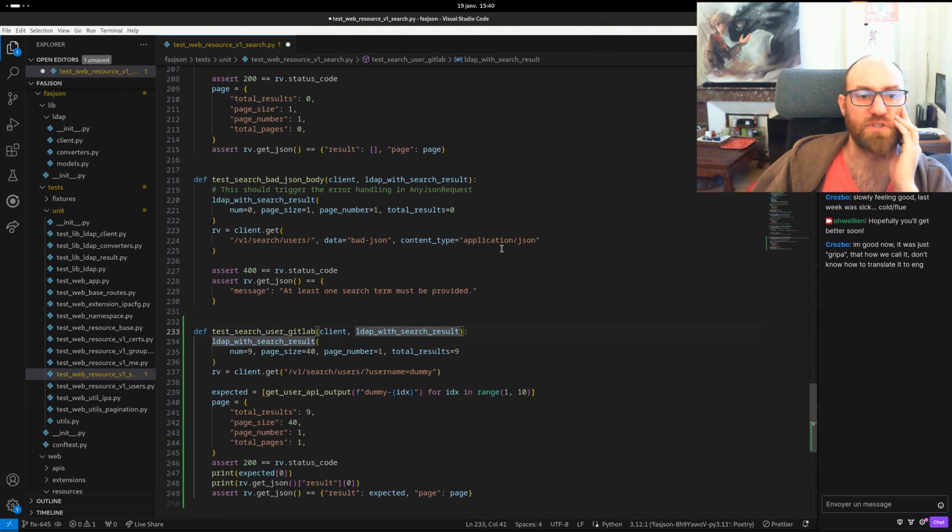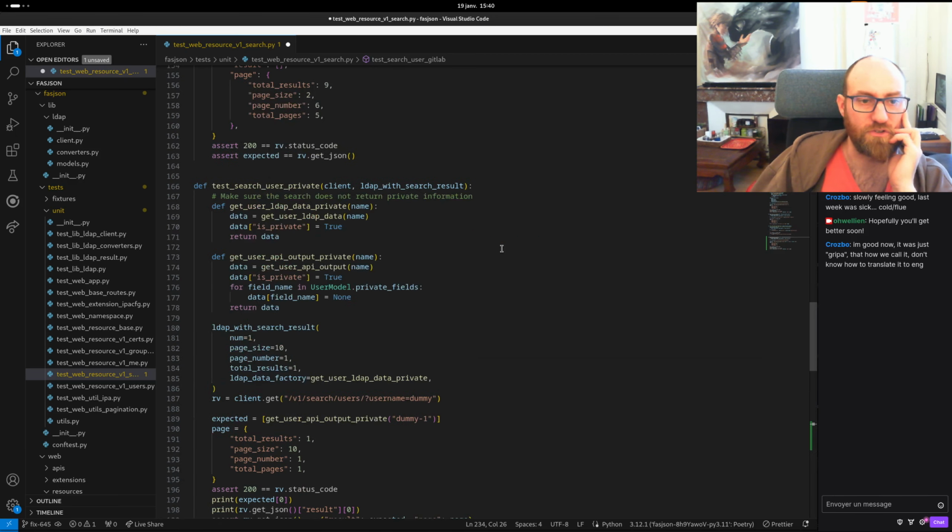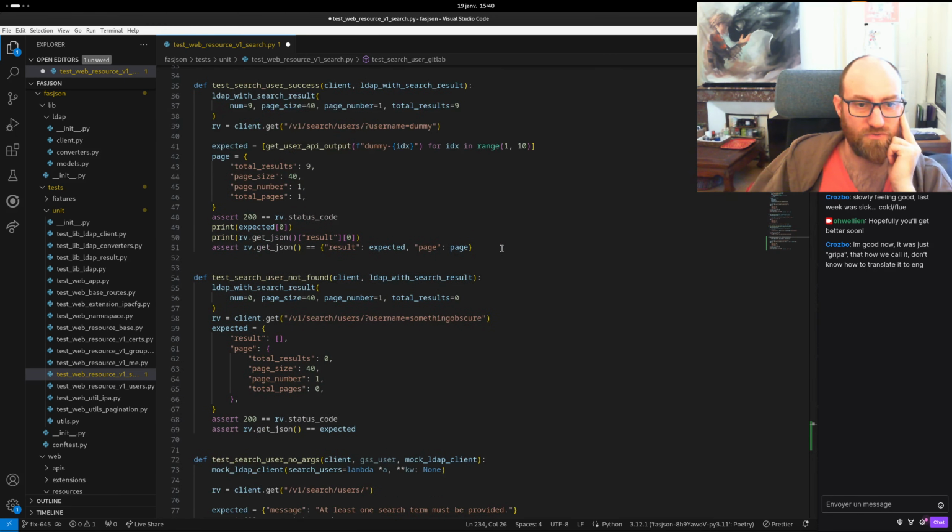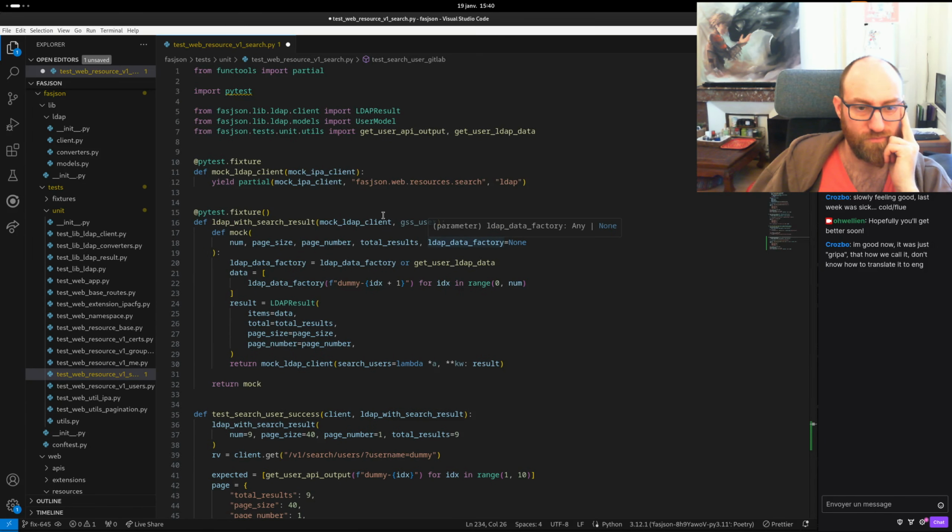What I want to test is that, because this LDAP's with search result, it's unconditional, right? Doesn't really test. It just gives you the result. It doesn't check that you've called the